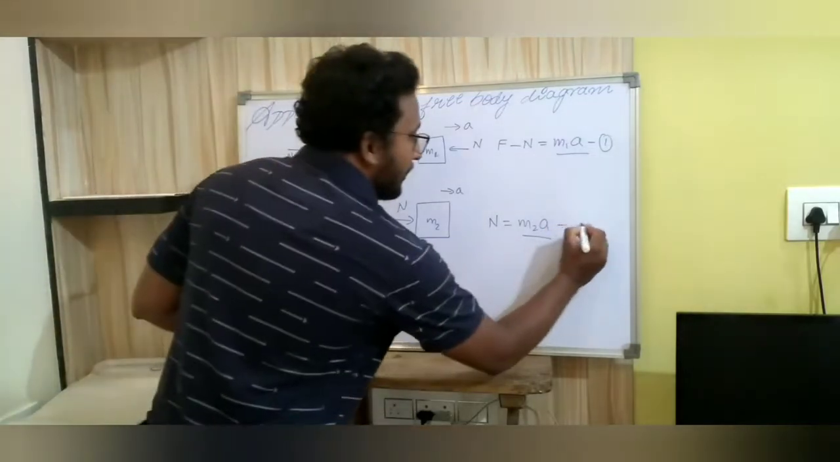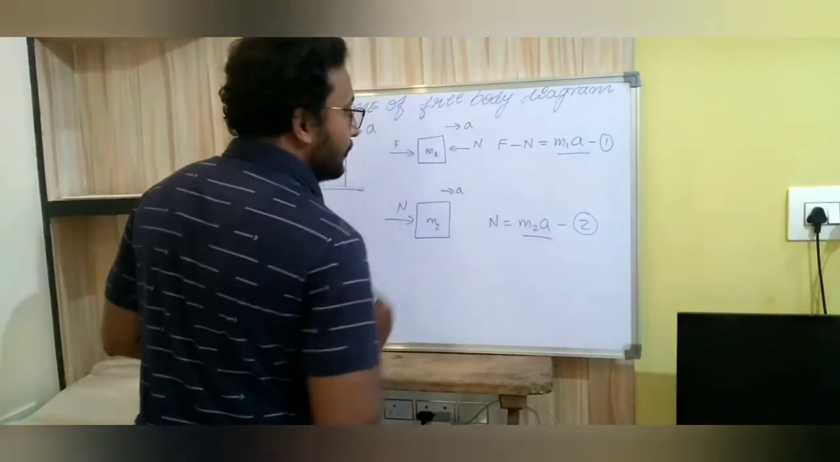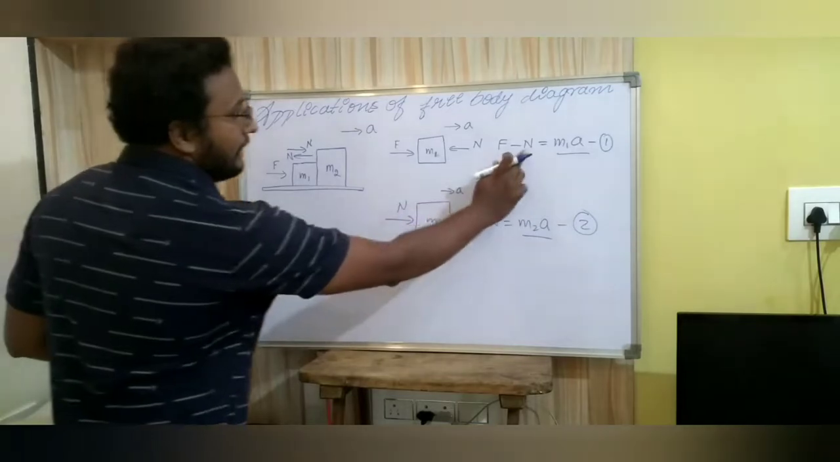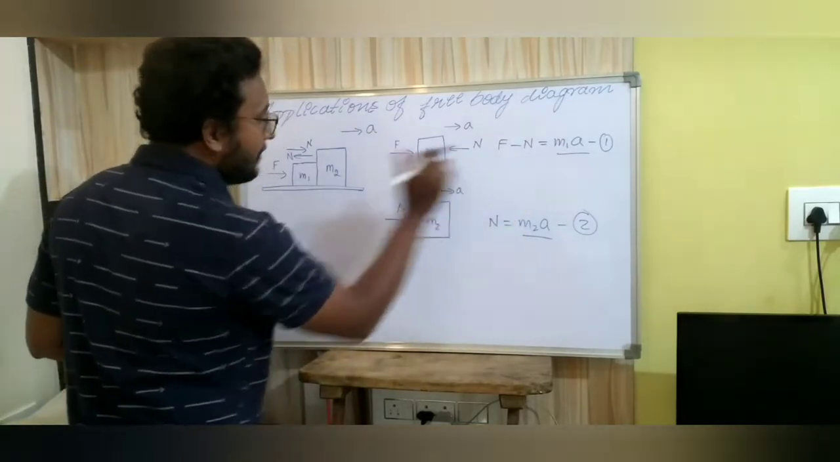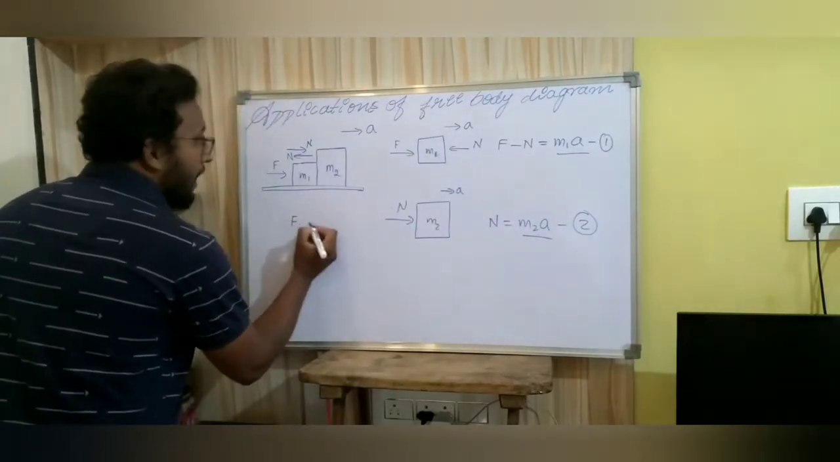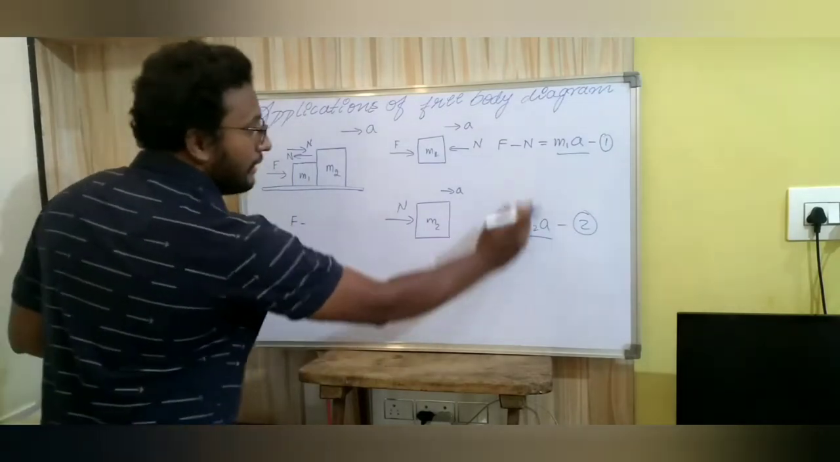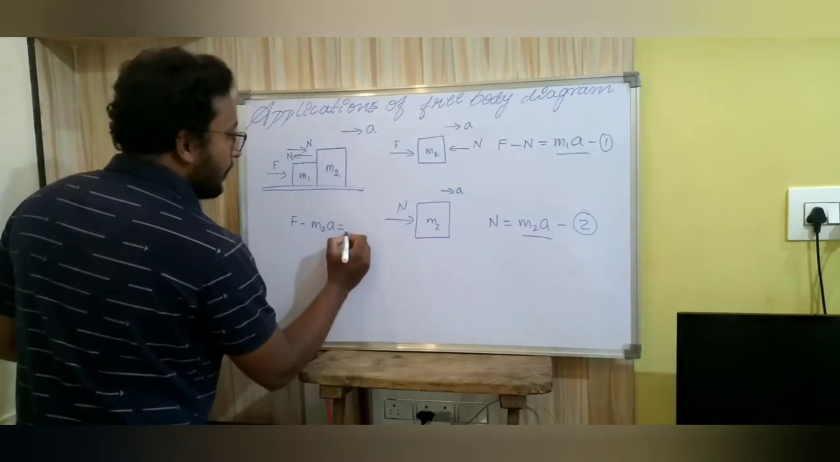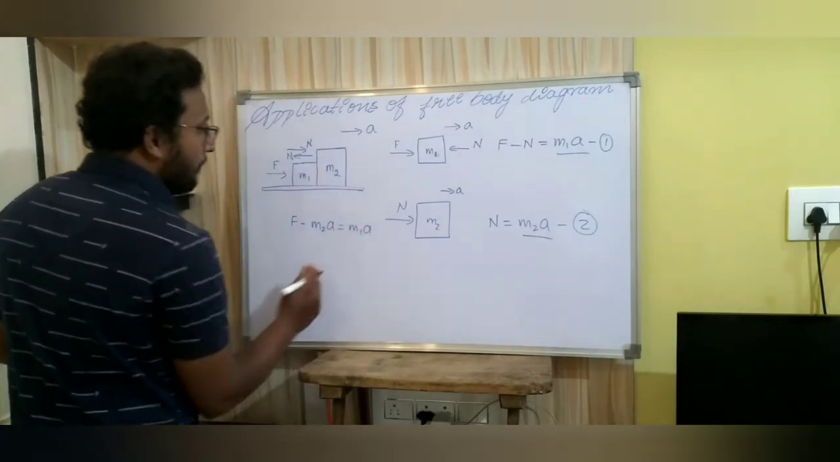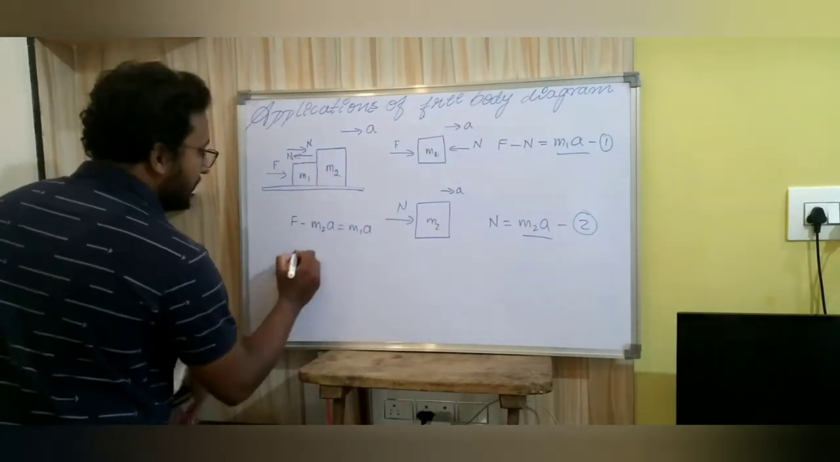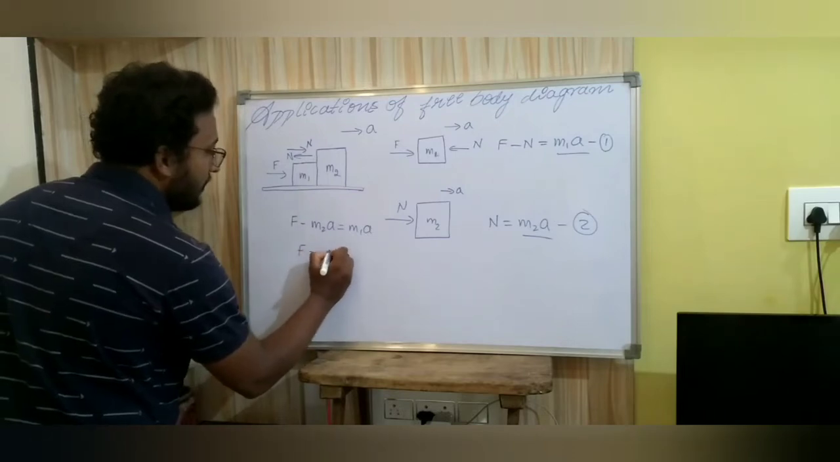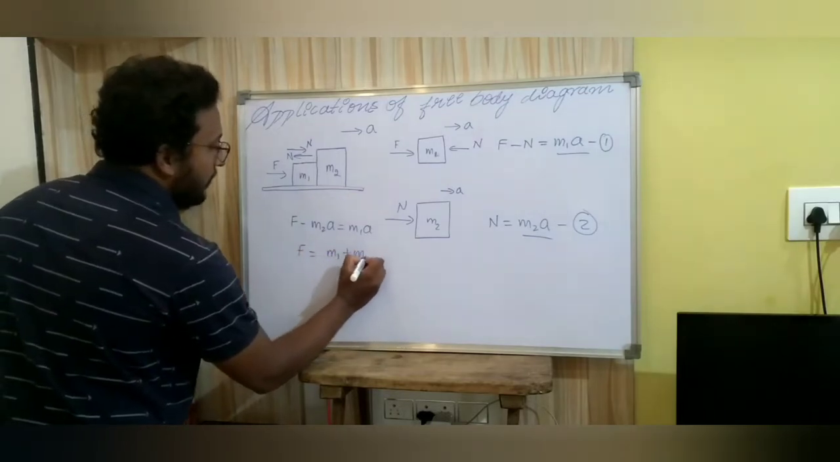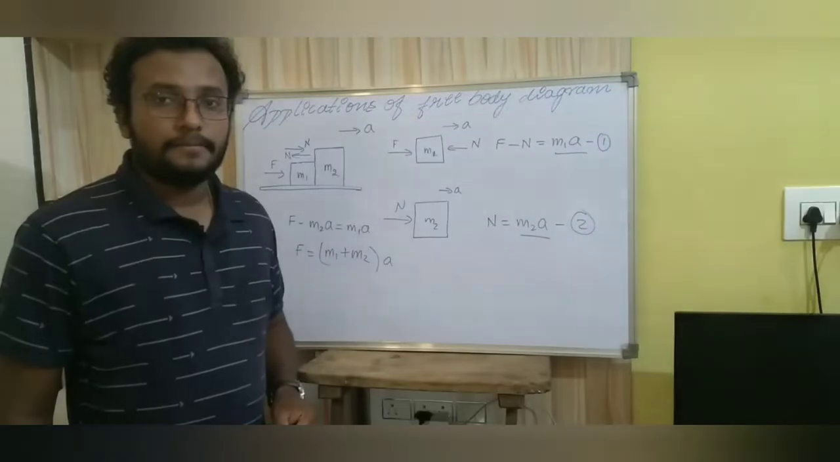So from equation number 1 and 2, what I can write is, I substitute this N in the first equation. This will be F minus, in place of N I substitute m2 into A, that will be equal to m1 into A. So I will take this to the RHS, so that the equation will be m1 plus m2 into